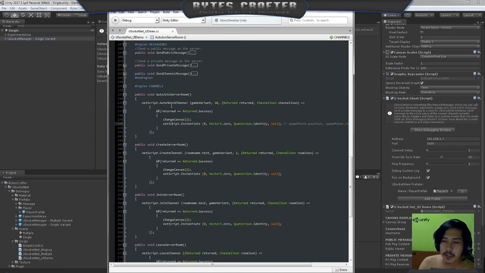So as you can see here, you can auto match what is the game variant that we will be joining. So every client that is searching for the same game variant will join together, but with a different variant will split. So there will be no different scene for each user. This is very important. I think it is also implemented in Photon, so that there are no unhandled events on matchmaking.